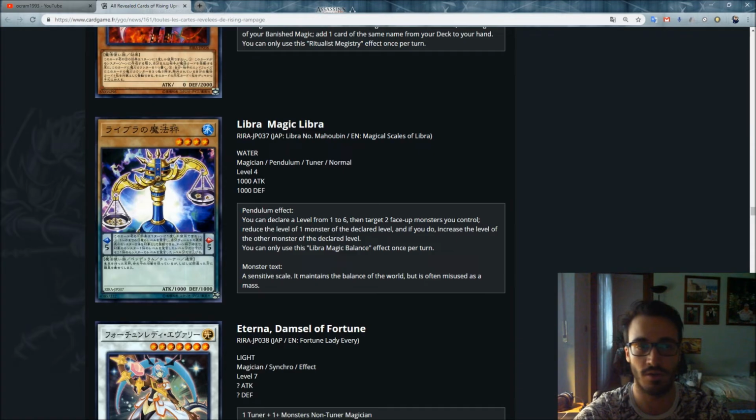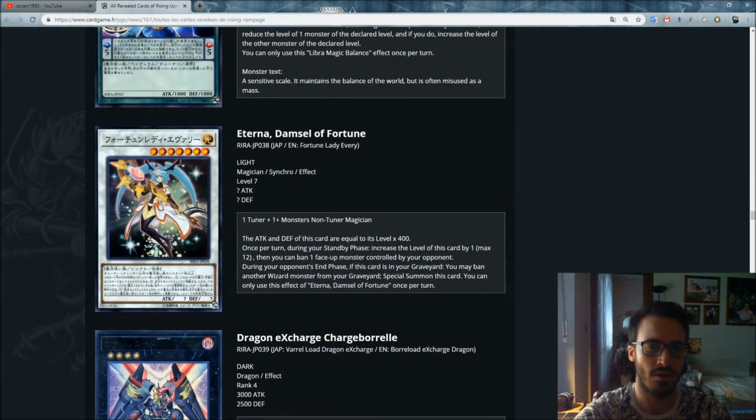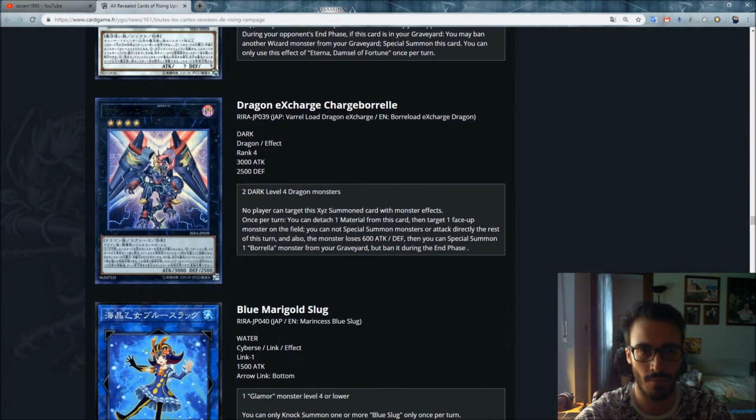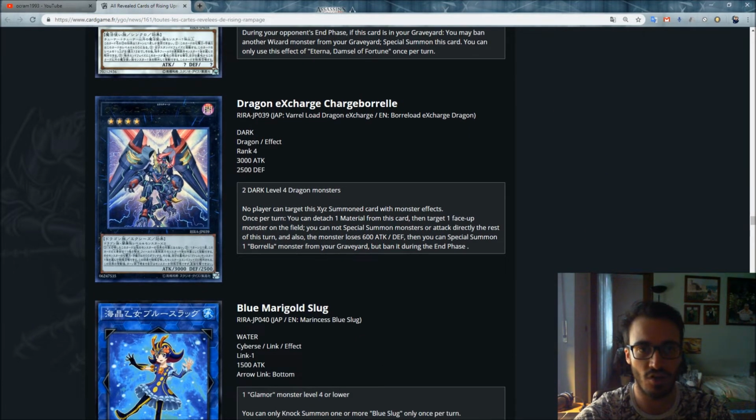So let's get started, and let's continue from the Synchro Eterna Lady of Fortune Lady. So these are synchro monsters that interact with the other Fortune Ladies, so I don't think it will be so useless, and I don't think there are so many tuners in the sneak peek, so I will just skip this one. Then you got the Dragon X Charge